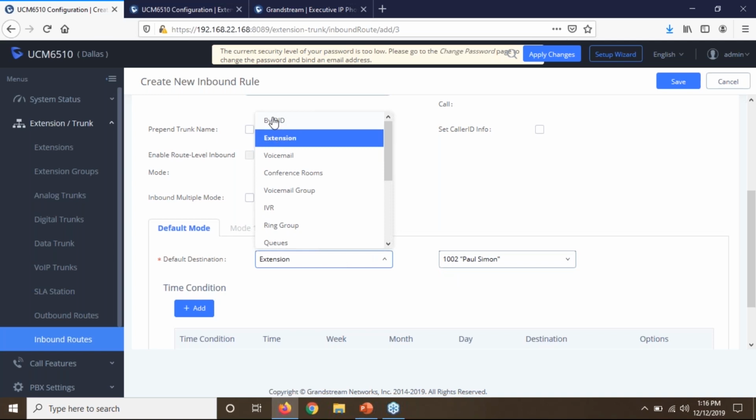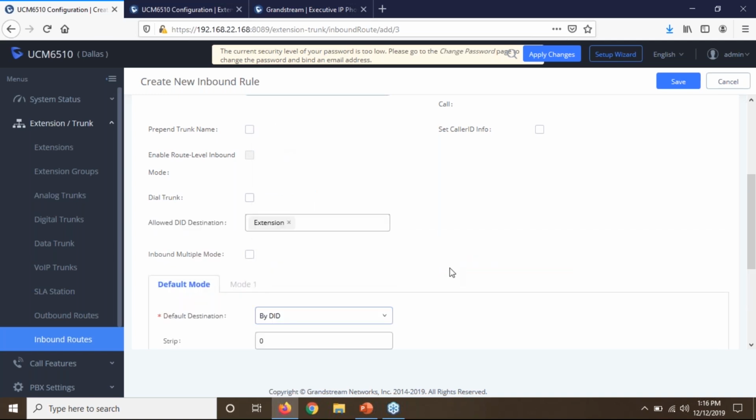And this is not what we're trying to do. What we're trying to do is, if someone calls extension 1000, we want this UCM to call extension 1000. If someone is trying to call extension 1003, we want this UCM to send the call to 1003. So that's why you need to set that one to the mode